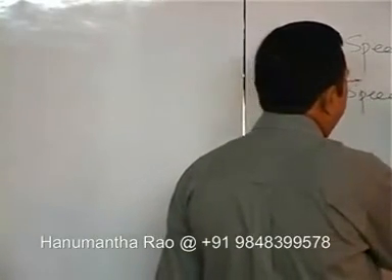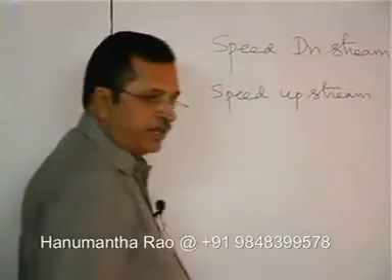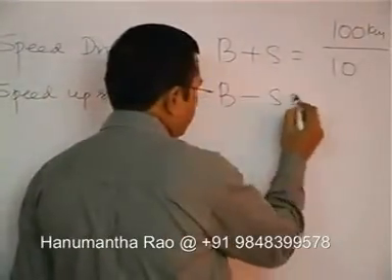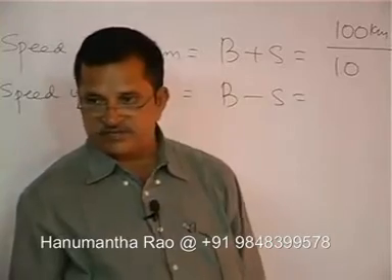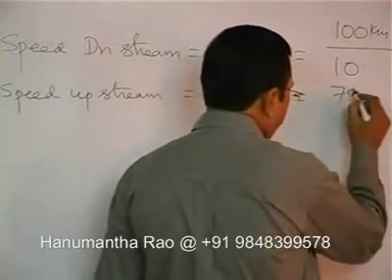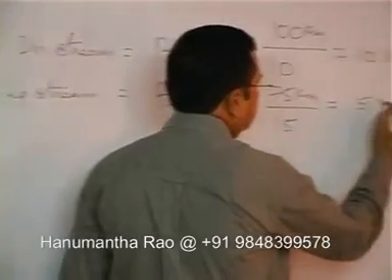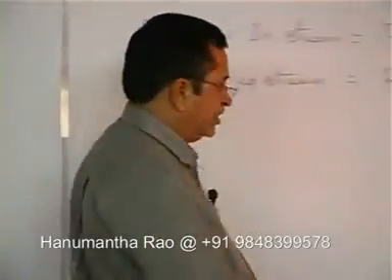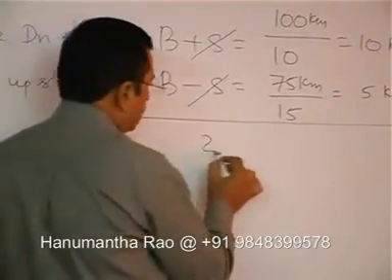Speed upstream. What is the speed upstream means? Speed of the boat minus speed of the stream. What is the data given? 75 kilometers in 15 hours. Distance 75 kilometers traveled in 15 hours. 75 by 15 is 5 kilometers per hour. Find the speed of the boat, he asked. Directly you add, pluses minuses cancel. 2b is equal to